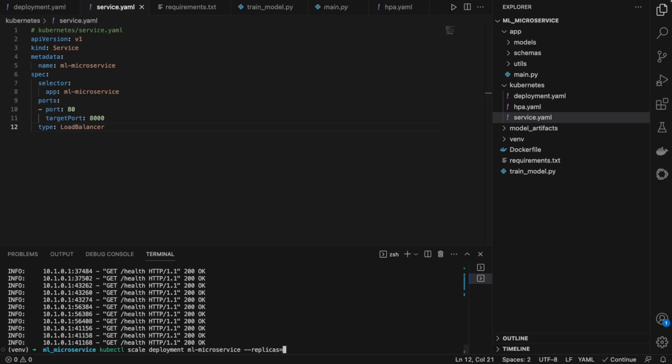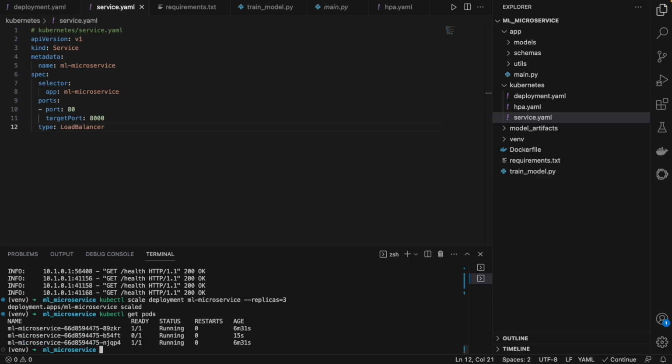So instead of two, let's go for three this time. Just press enter. It shows that your microservice was scaled automatically. Now if you check the number of pods on which the service is running, you can see that instead of two pods, now three pods are running automatically.